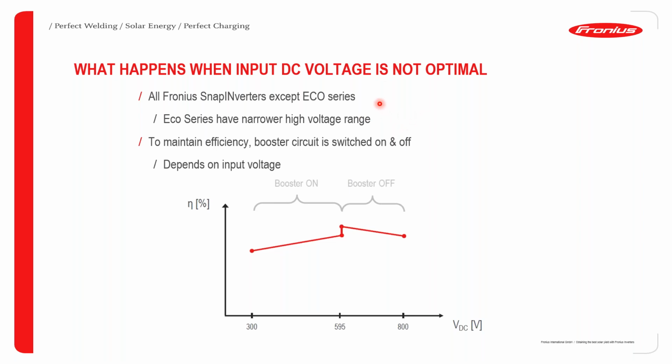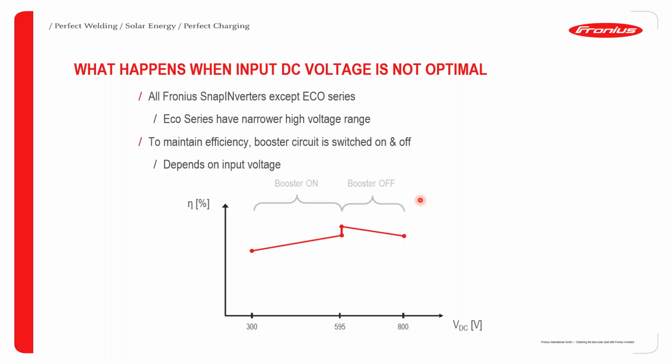That is what I will be referring to with the data sheet or the technical data that I was talking about in the previous slide, because the Eco series actually has a narrower operational voltage window. So in order to maintain efficiency, the booster circuit is usually switched on and off depending on